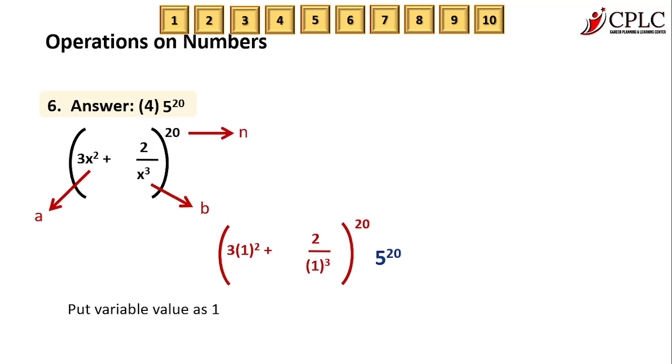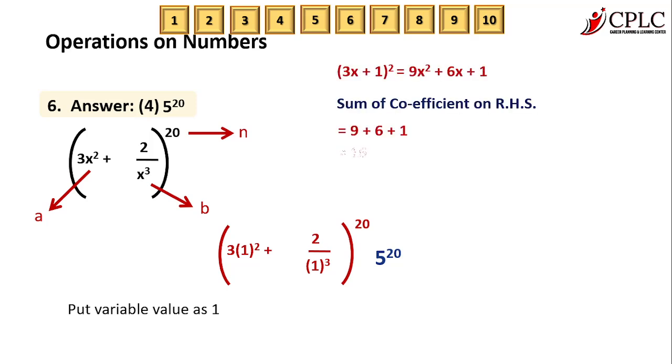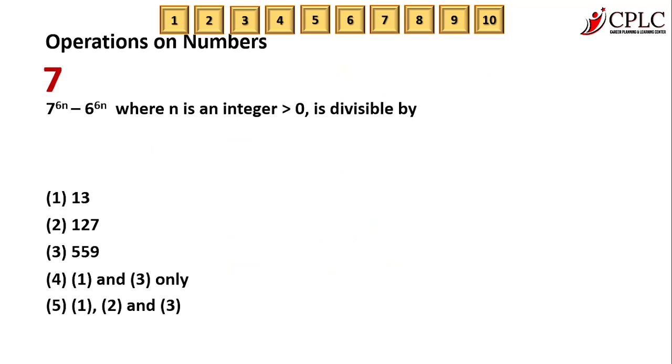Now, let's talk about question number 7. 7 raised to 6n minus 6 raised to 6n, where n is an integer. How do we solve this? So, see here what we need to understand or remember,